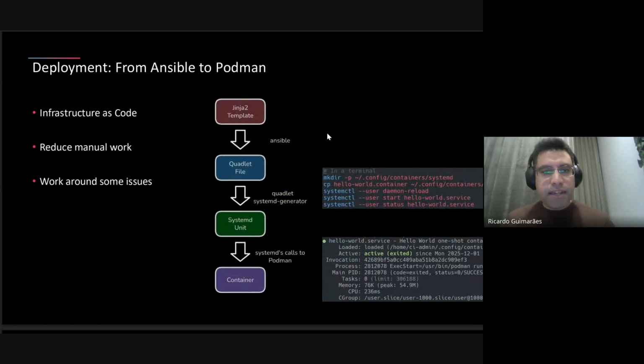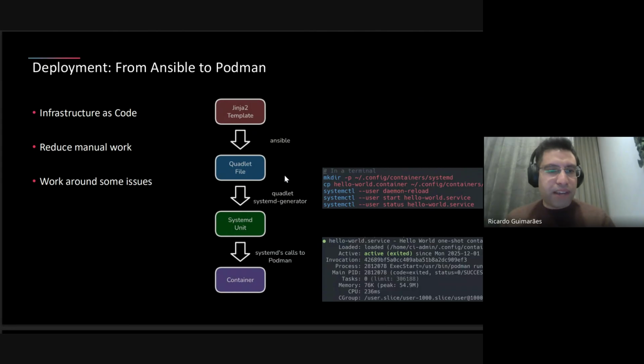And then this is basically how our deployment works now. We are also, of course, trying to adopt more principles of infrastructure as code as we proceed. So we are essentially reducing manual work and working around some potential human errors that can happen during deployment. So we start all the way with some Jinja 2 templates in Ansible, and I will also go into some details on why we are using those. Then we instantiate with Ansible,